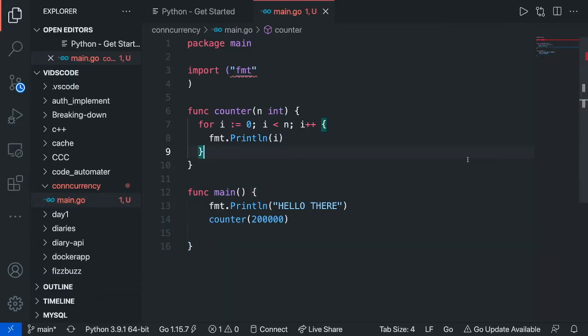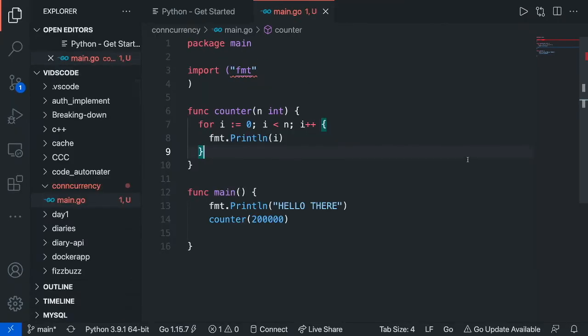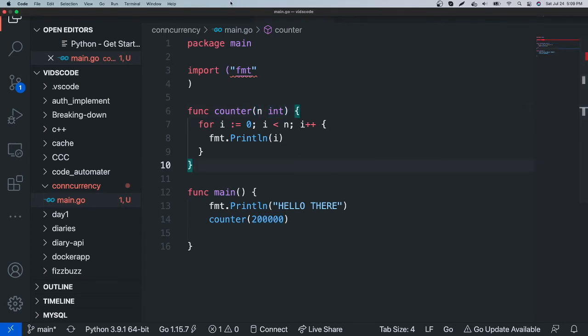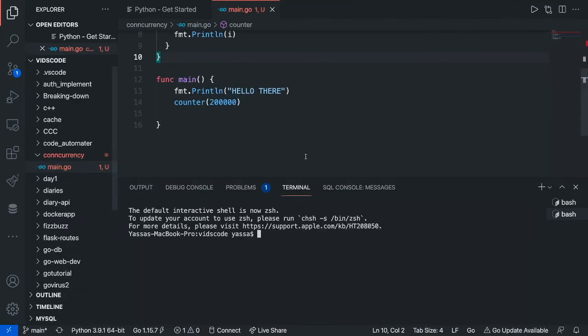So I already started some basic boilerplate code. Let's suppose I have two functions, my main function and my counter function. The counter function takes an integer and just makes a for loop until it reaches there. Just for a small demonstration, I'll run it. All of this is available on my GitHub, by the way. I'll have it linked below. And if I were to just run this,